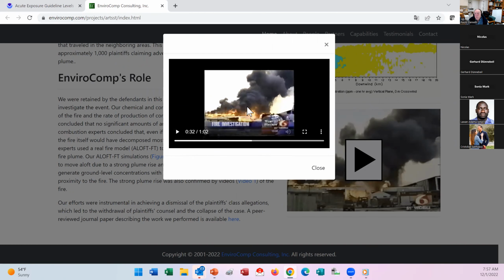This is the visible part of the fire. And this is a very important issue that many modelers missed in the past. This is the visible part of the plume, but it looks like there is no plume at ground level. That is not true. There is plume at ground level. If you are here